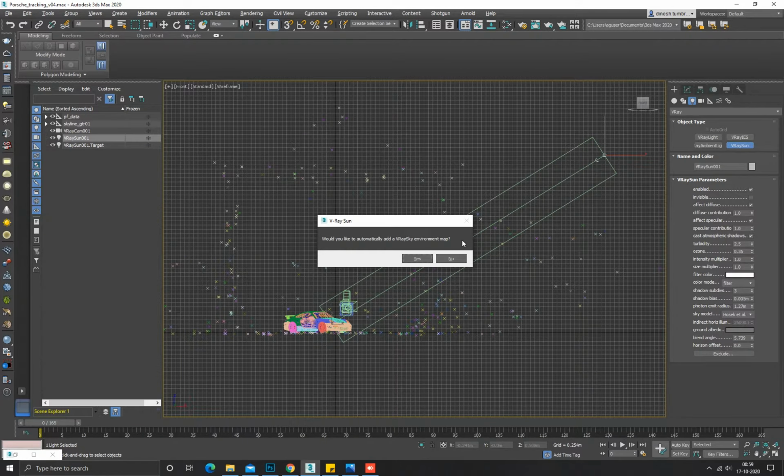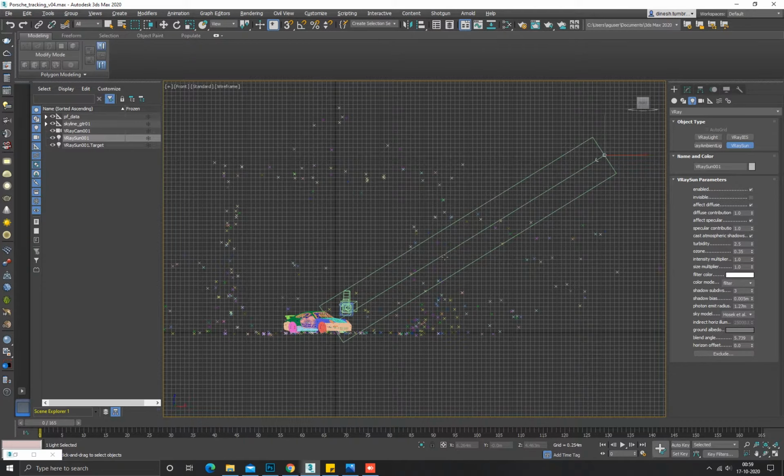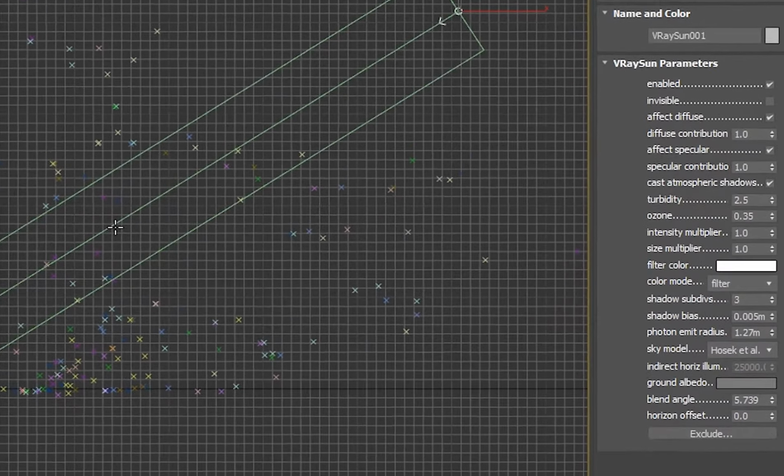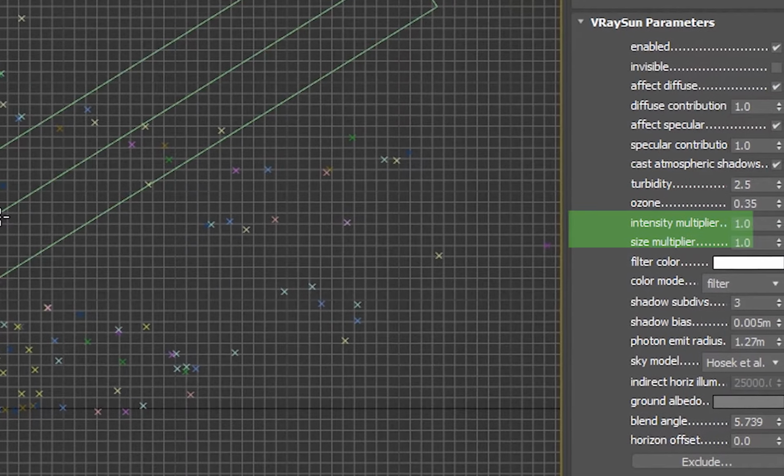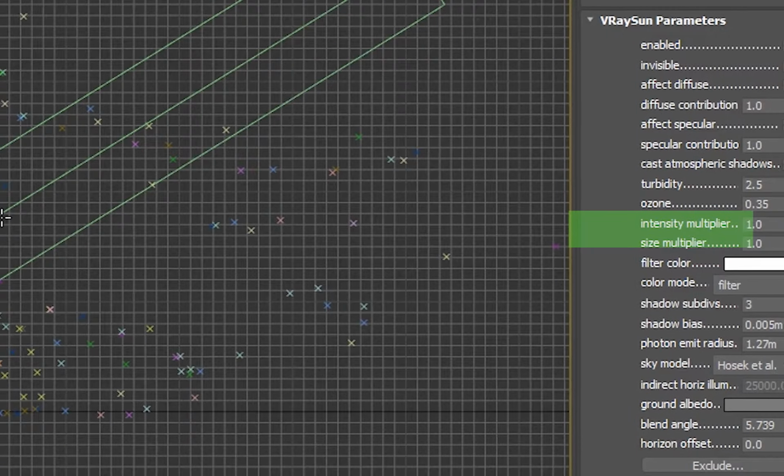After creation of the sun, V-Ray will ask us to add the environment map or not. We will say no, because we are going to add our own environment map. Just to give you a quick parameter briefing of the V-Ray Sun, we have to mostly change the intensity multiplier to increase or decrease the intensity.